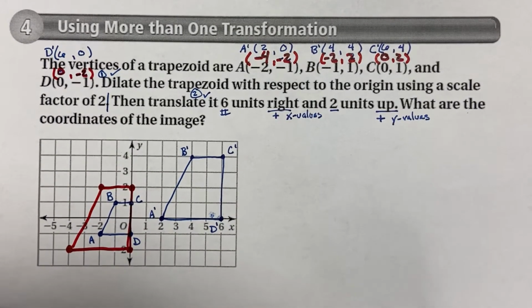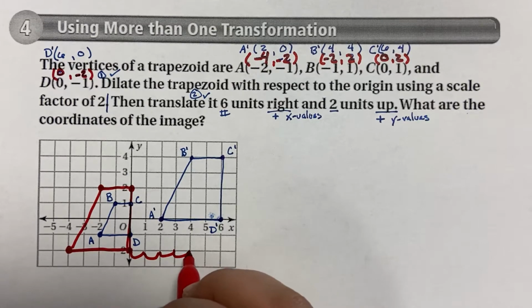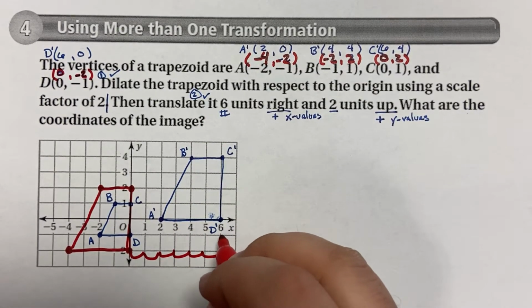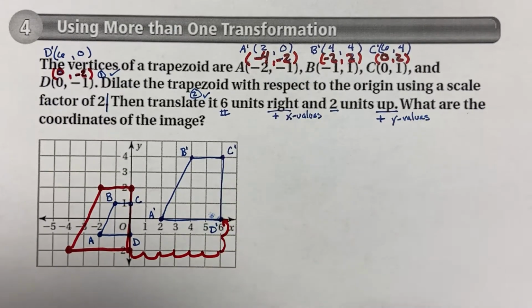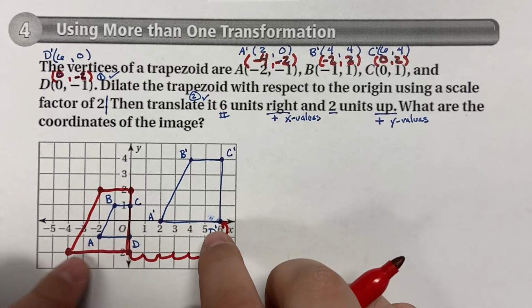And then I can verify that I go 6 units to the right. So let's take D. 1, 2, 3, 4, 5, 6, and then 2 units up. 1, 2. I should end up there, which I did. Then I can know that A